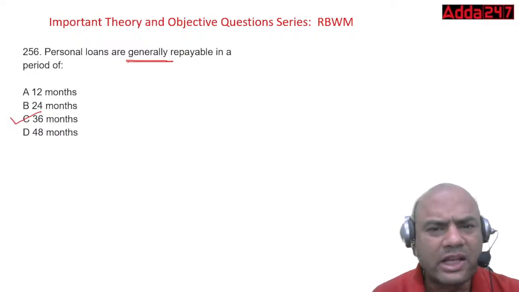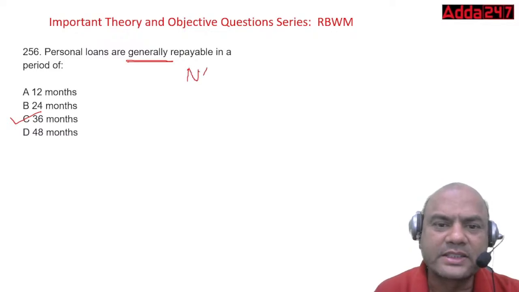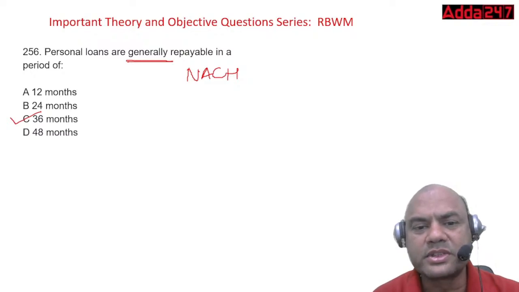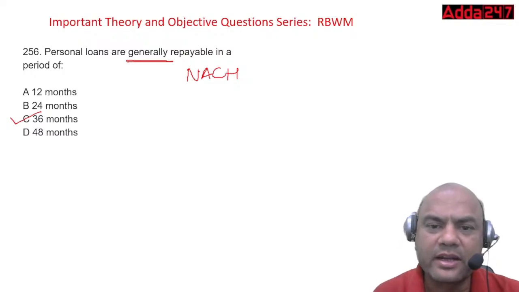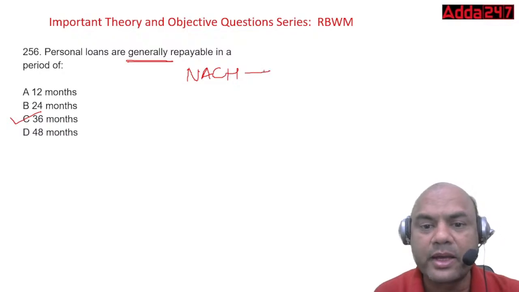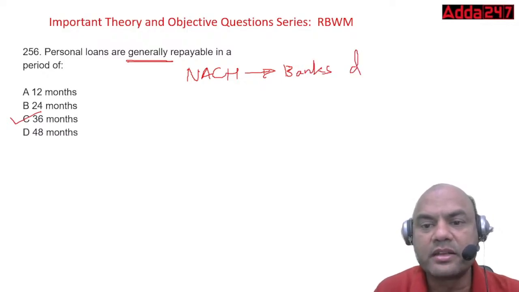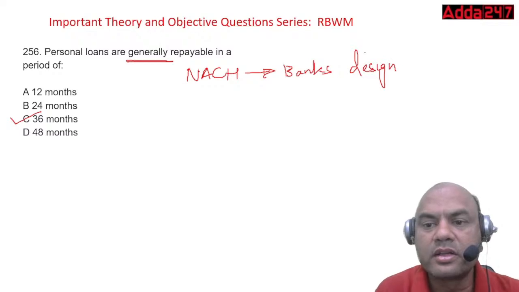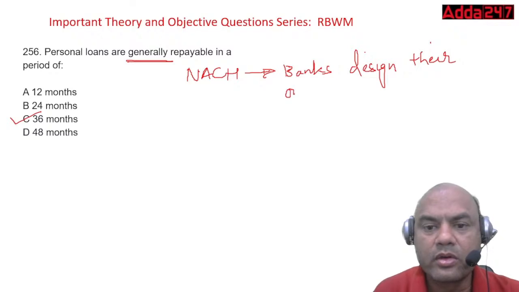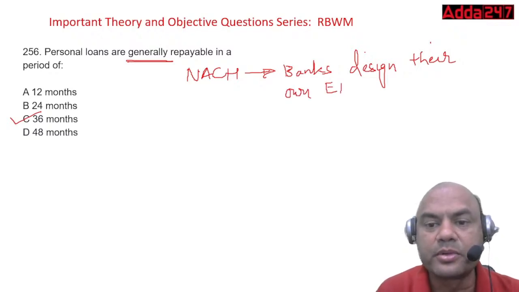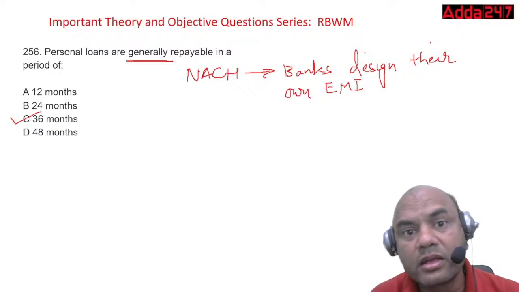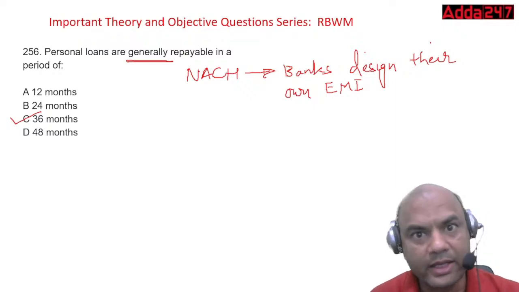Okay. Nowadays we have that NACH system, right? What is that NACH system? Anyone knows? National Automated Clearing House. This NACH has given the free hand to the banks. Banks can design their own product, their own EMI system, okay? Suppose if I want the EMI for 1 month every 3rd day, I can have it,